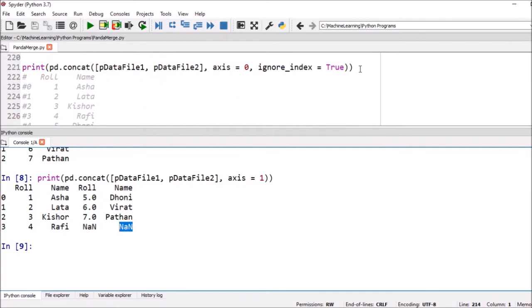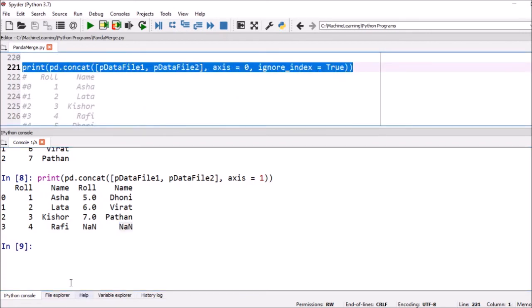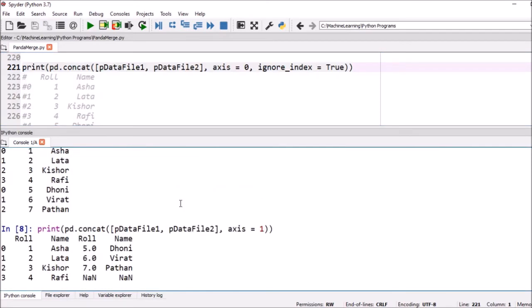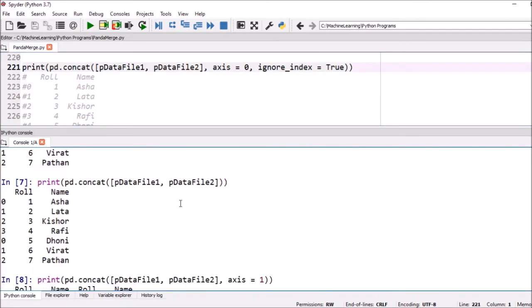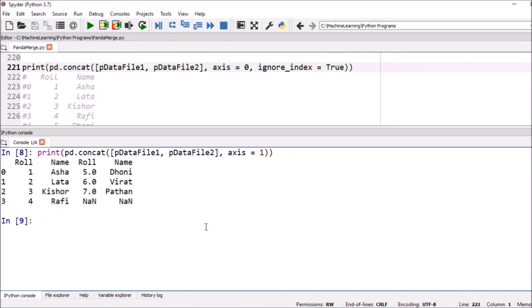Next, in the previous case, while merging these two DataFrames the indices were repeated, because they were also copied. Suppose we want continuous index values; in that case we execute this.